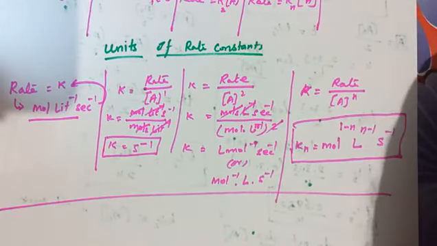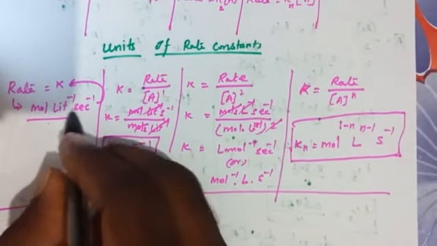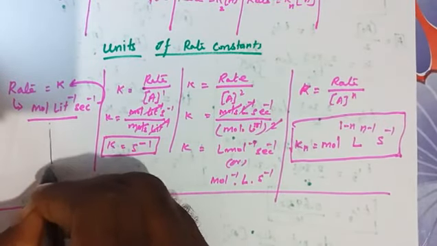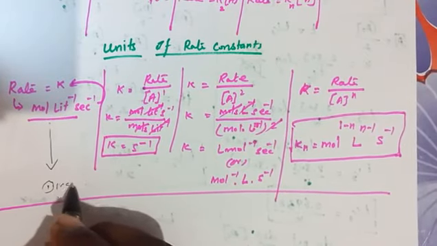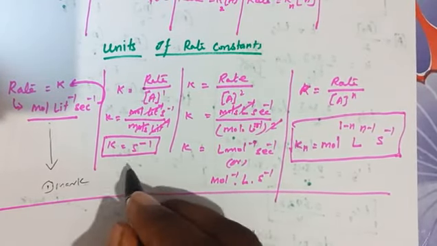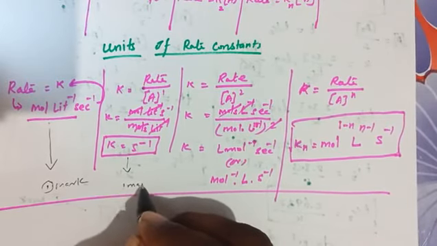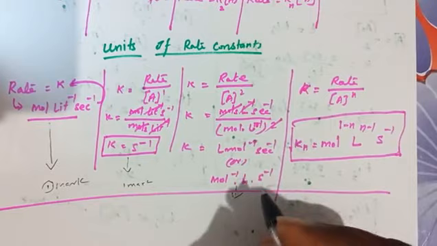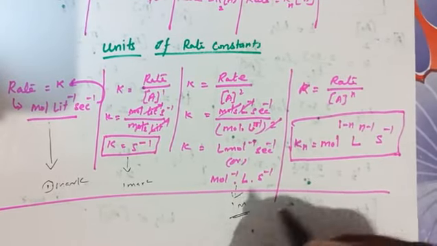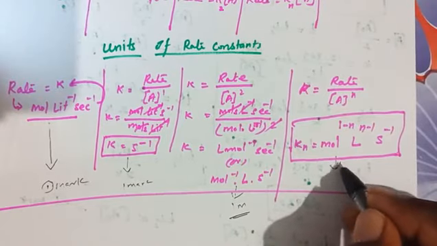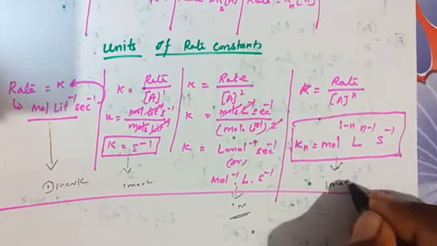From the above unit measurements, the unit of rate constant of zeroth order is a separate 1 mark question. In the same way, the unit of first order rate constant is a separate 1 mark question. Second order also is a separate 1 mark question. And the generalized unit measurement will be used in NEET also, for 1 mark.